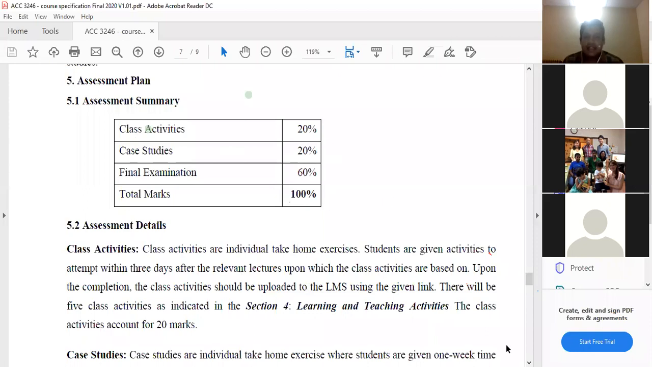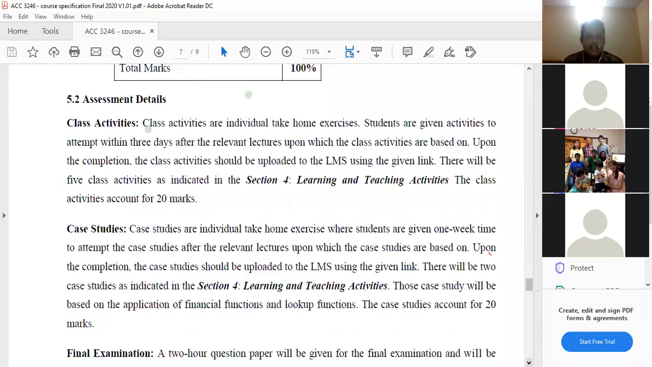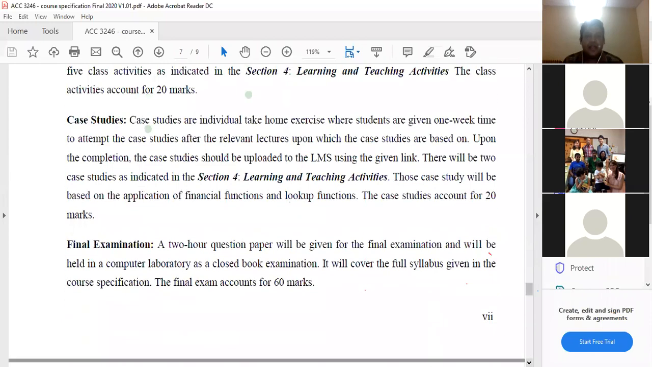Then the case studies, as you have witnessed in the learning activities earlier as well. We have planned 2 case studies. One case study is based on what you learn up until week 6. In the core content, you would be tested on the decision logics, the financial functions, and the important tools. That is the first case study, where it will account for